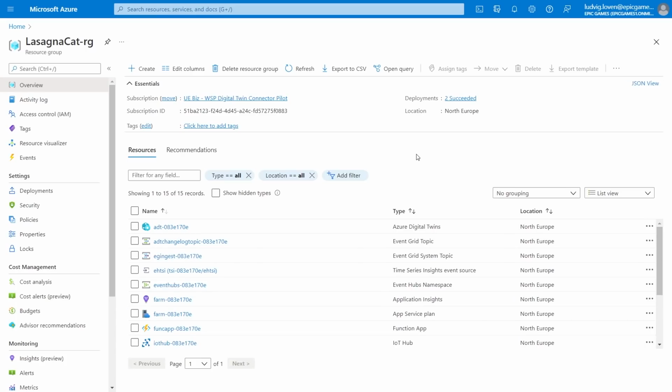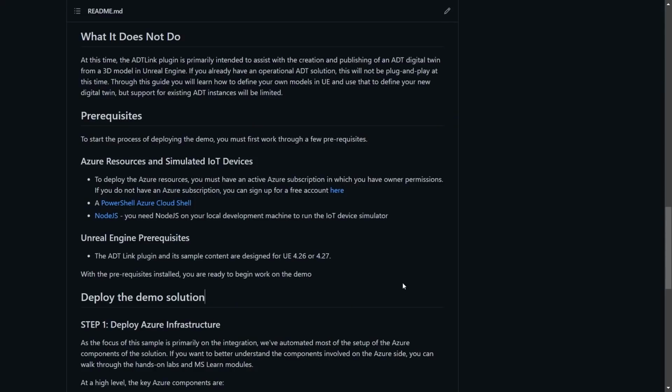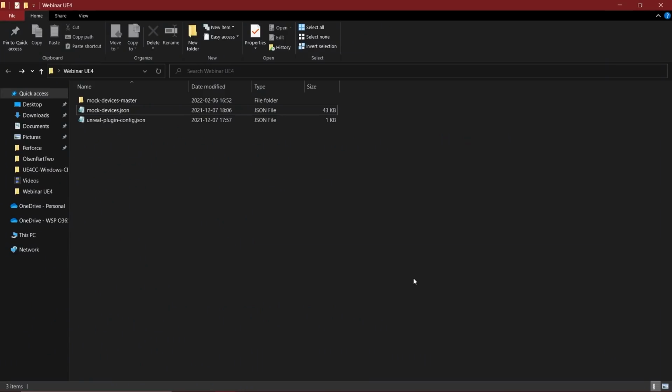And then you would also need to clone and download the mock devices app. And to run that, you need Node.js, as it says here. So after you've done all of the setup steps, your local machine will have these files on it.